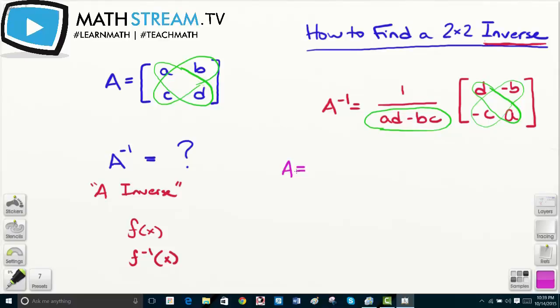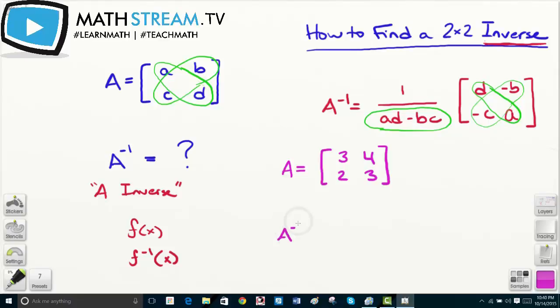Did I leave that somewhere I can find it? I did. Okay. Let's use 3, 4, and 2, 3. So this was actually matrix A in our example earlier, so it's kind of a nice example to try to